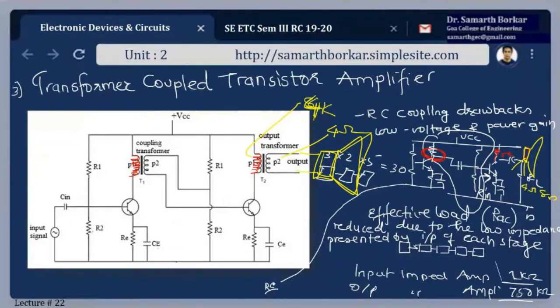The name RC is coined from these two components, the resistor and this capacitor. This forms a bridge between the two amplifiers, and hence it is referred to as an RC network. Typically this value of R is of the order of 4.7 kilo ohms or 5.1 kilo ohms,